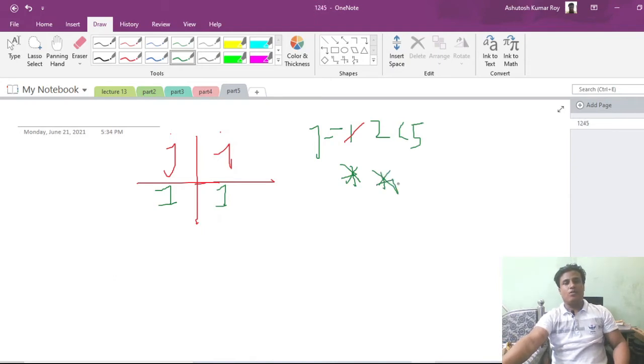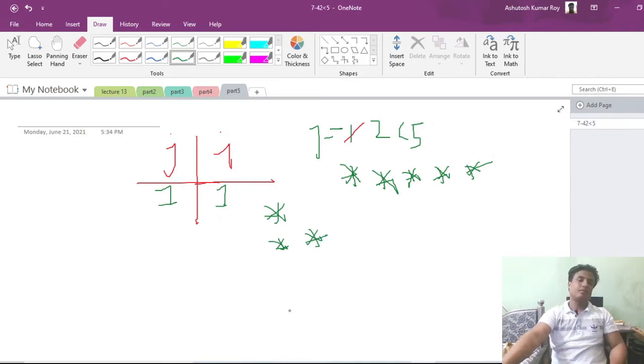It will print up to 5. If you go further, you will see that it prints up to 5. So we don't want this output. We want to print 1 star first, then 2 stars, like this. So how are we going to do that?